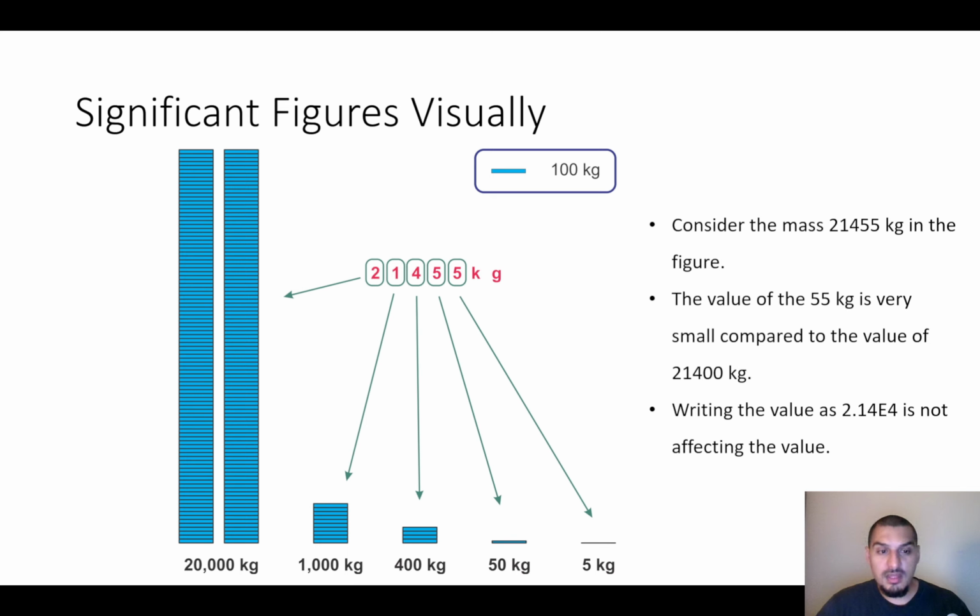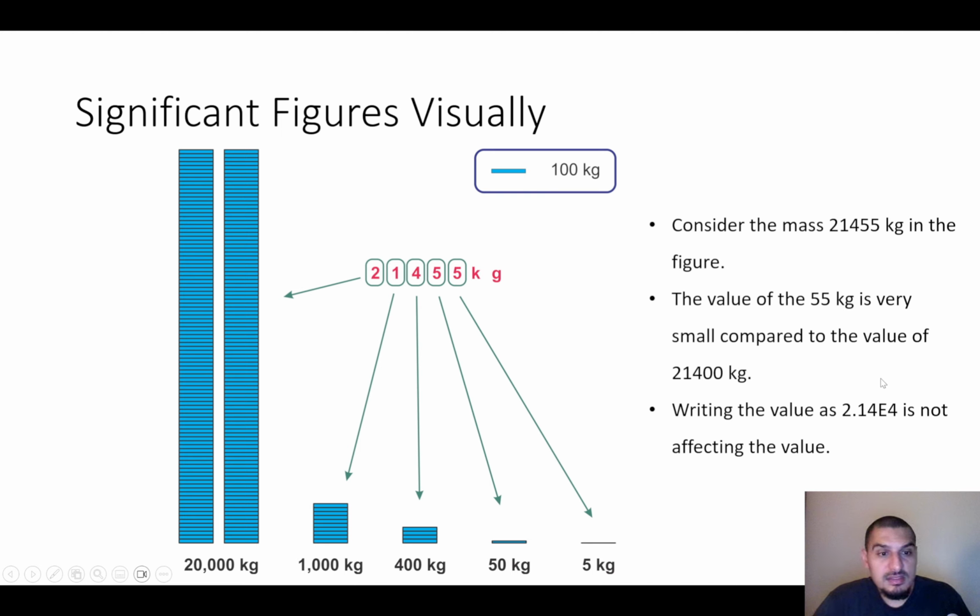So when we write the number as 21,400, it's not a very big difference than writing this as 21,455. So if you express it this way, then you are making it easy to read, and you are not losing anything. So when we write the number as 2.14 times 10 power 4, as we write it here,